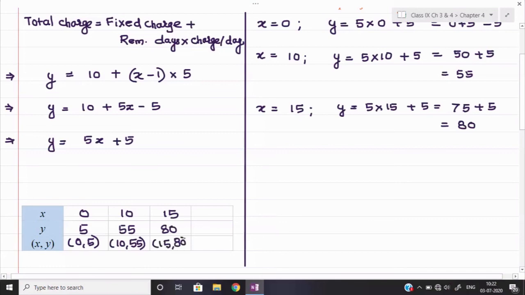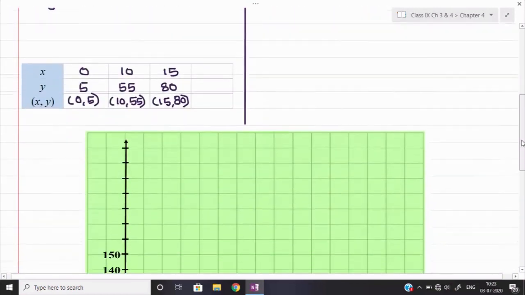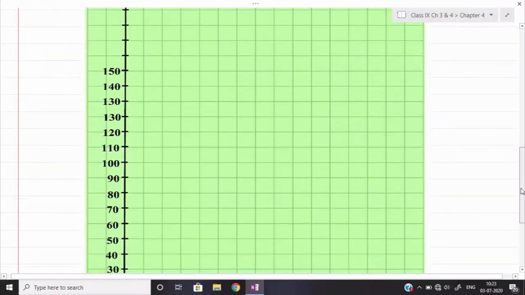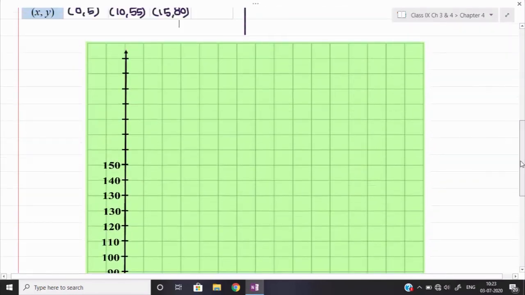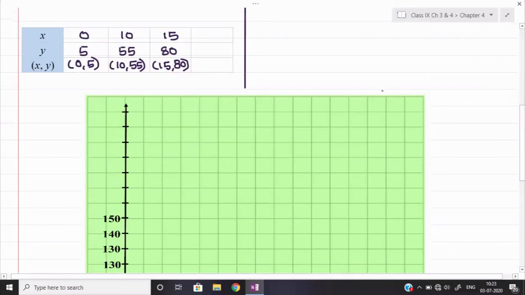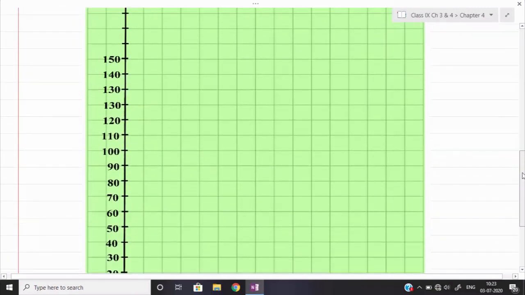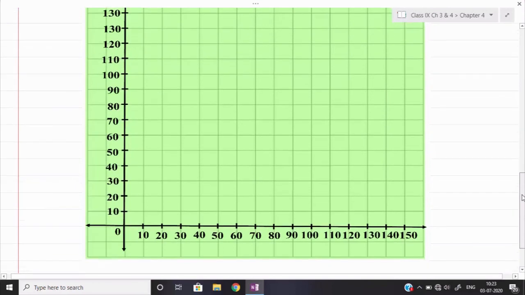Now let us see quickly how we can plot them. Here, the scale I am taking, you can see, is 1 centimeter for 10 units. Scale we shall mention over here: 1 centimeter is equal to 10 units. Because I have taken all the values of x and y as a multiple of 10 or multiple of 5, I have taken only the first quadrant. I advise you to also take the first quadrant only; you need not draw all 4.